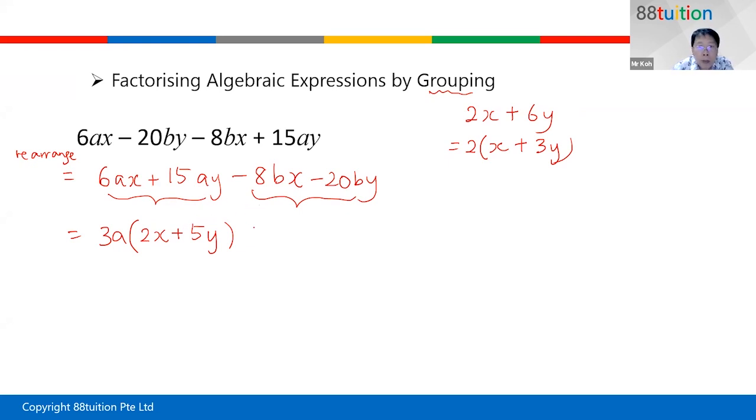Now I go on to the second group. 8 and 20, I know that minus 4 is common. Bx, by, I know b is common. So I'm ready to factorize. I pull out minus 4b. Minus 4 times 2, minus 8. X is not there, so when you multiply, you should get minus 8bx. Next one, you need to be very careful because already you got minus. Minus times what gives you minus? Minus times